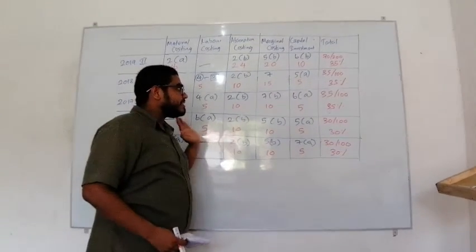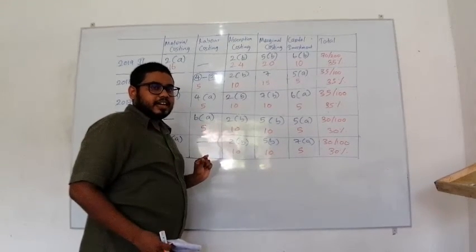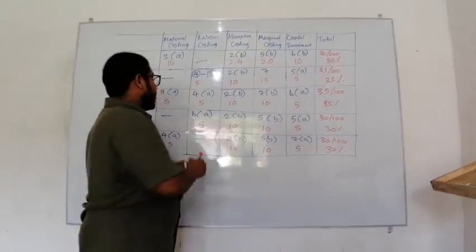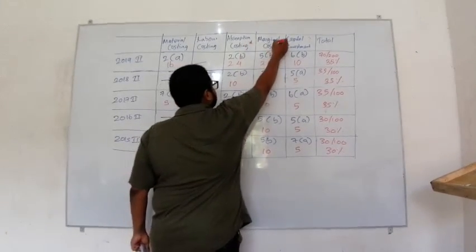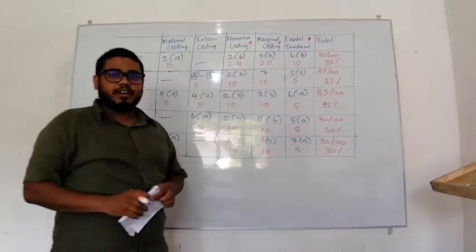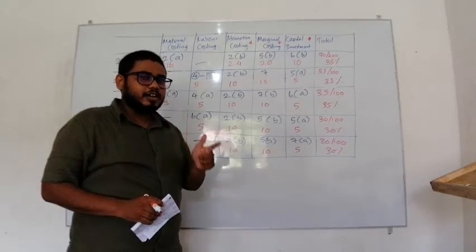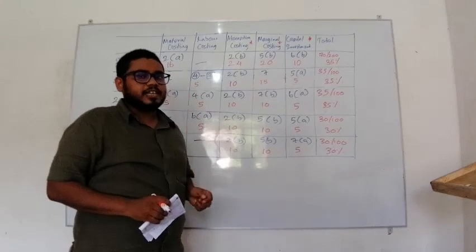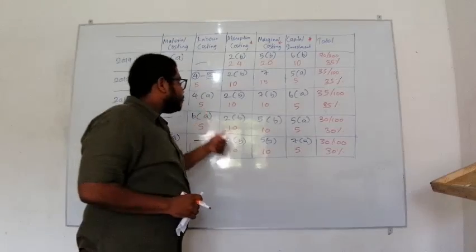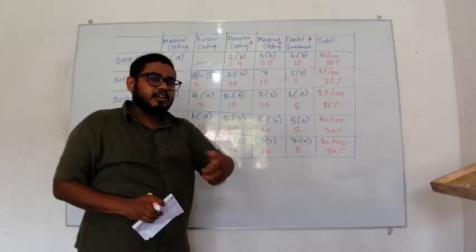If you clearly analyze this sheet, you can find 3 major subject areas which are repeatedly tested each and every year. They are absorption costing, marginal costing, and capital investment analysis. What are they? First one, absorption costing. Second one, marginal costing, and capital investment analysis. So during this course, you can learn absorption costing, marginal costing, and capital investment in coming sessions.